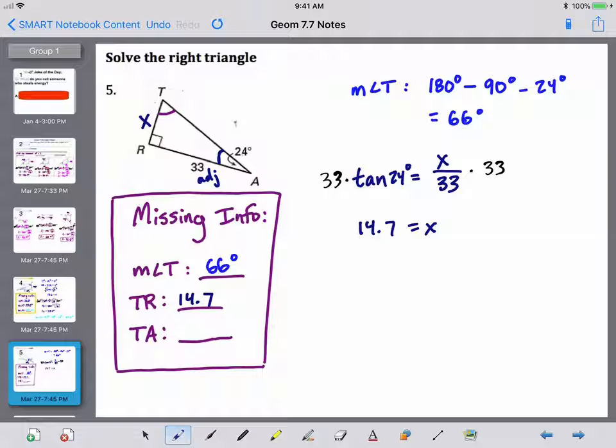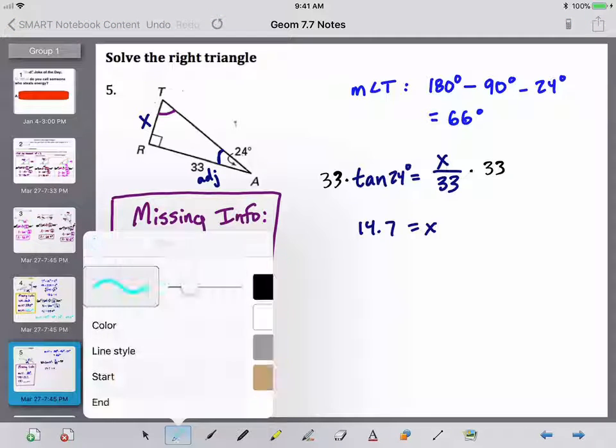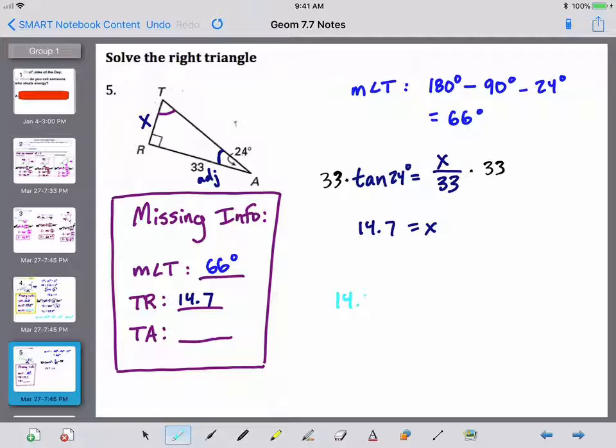And then lastly, I'm going to use the Pythagorean theorem, the 2 legs squared, so 14.7 squared plus 33 squared is, we'll call this hypotenuse C squared. If you plug those into a calculator, you're going to get 1,305. And if you take the square root of both sides, that's going to give you about 36.1 for that last